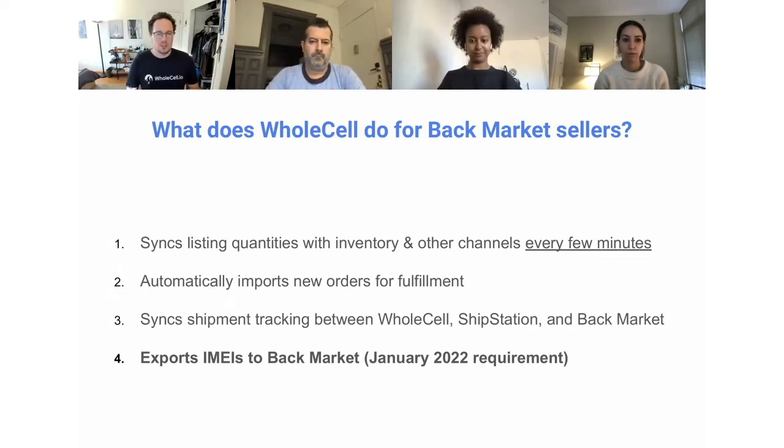So for folks that already use ShipStation and have that in their workflow, that becomes really easy. WholeCell keeps track of the tracking number that comes from ShipStation and shares it with Back Market, so it gets shared with your customers as they buy your inventory. And then this last piece here that I want to touch on specifically is